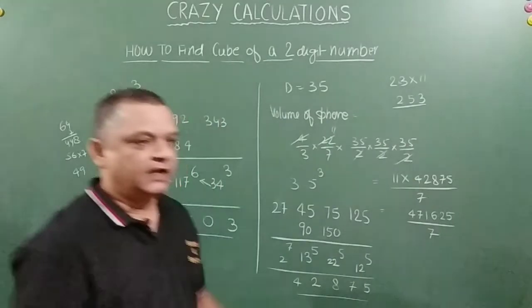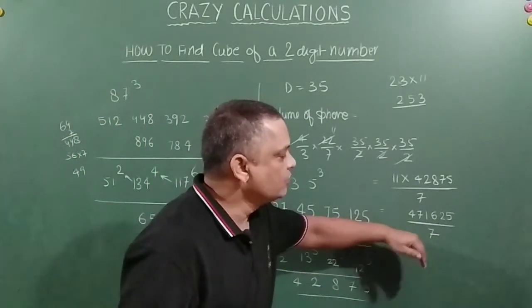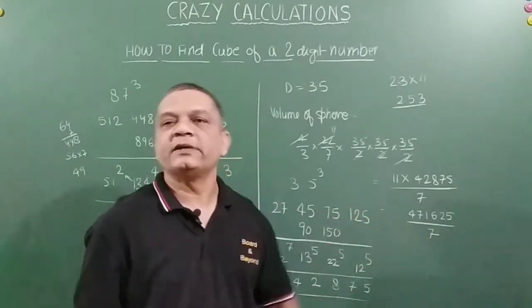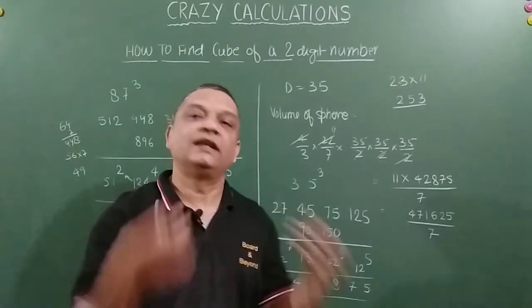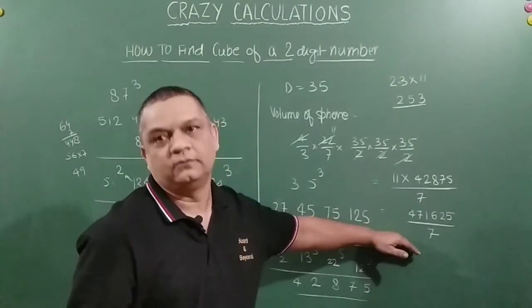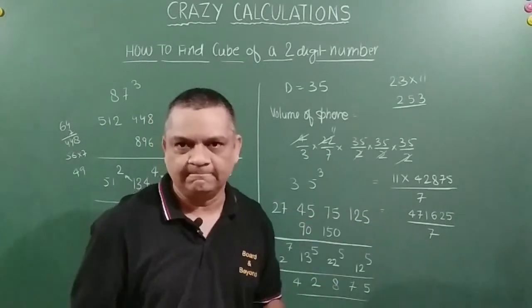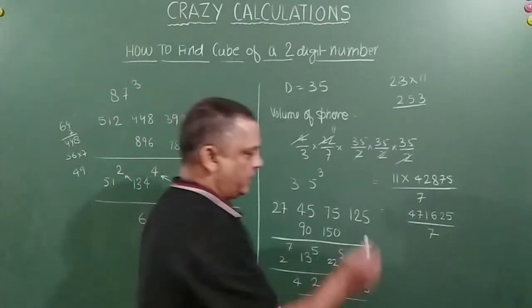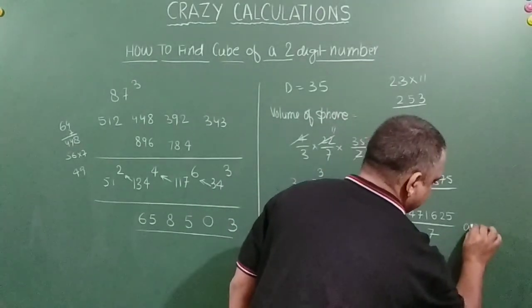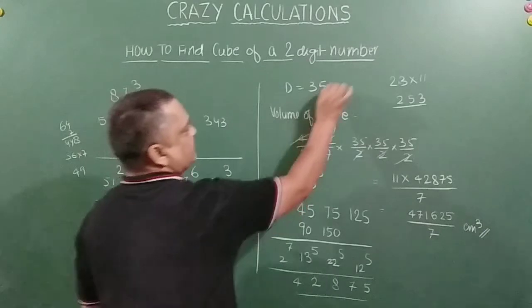Now friends, in the next class, that is tomorrow, I will tell you how to find out whether this is divisible by 7 or not. Okay, that will make your life little easier than it is now. Correct? As of now, what you have to do is divide this by 7. Right? And then write the answer. Correct? Okay. So we'll leave it up to here, whatever it is, centimeter cube. 35 centimeters.